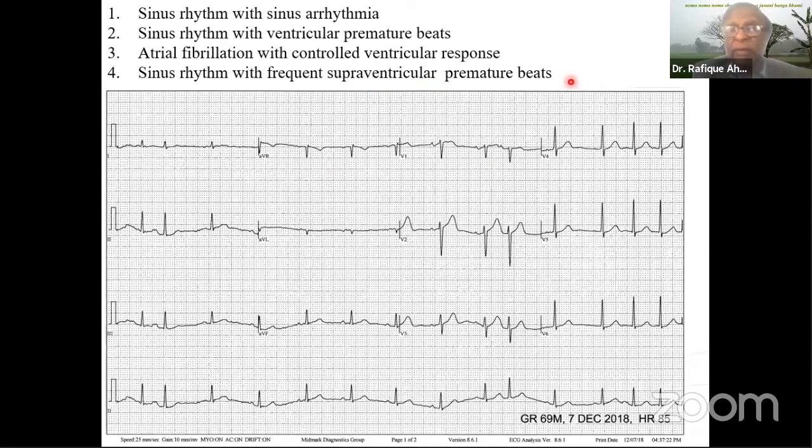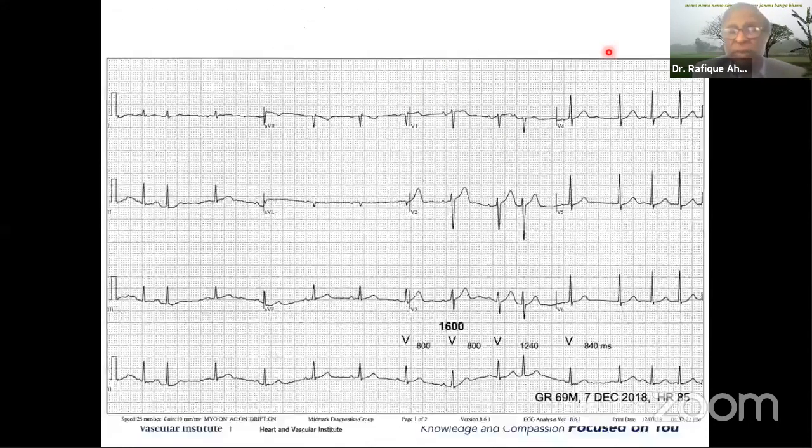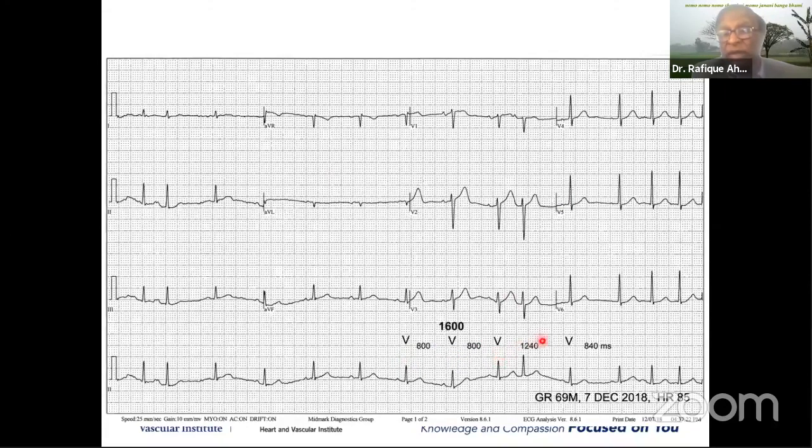And if you look at it, there are a few things that we do. We look at the timings also. If you look at the V-to-V timing, it is 800 milliseconds, and the V-to-V enclosing the premature beat is 1260. So it is not double. We call it less than a compensatory pause in supraventricular premature beats. That is supportive: a narrow QRS premature beat with less than a full compensatory pause is 99% a supraventricular premature beat. So I think we are going to stop here unless you have any other questions.